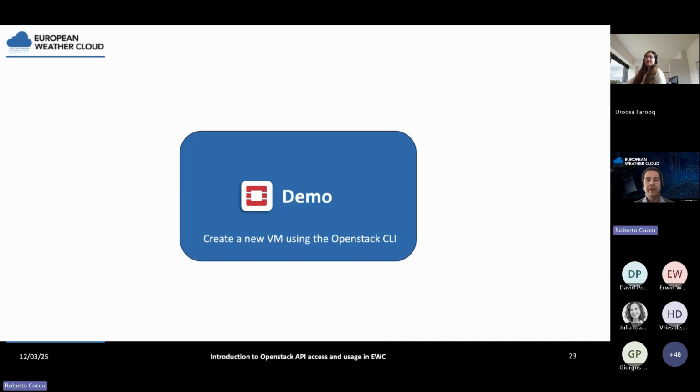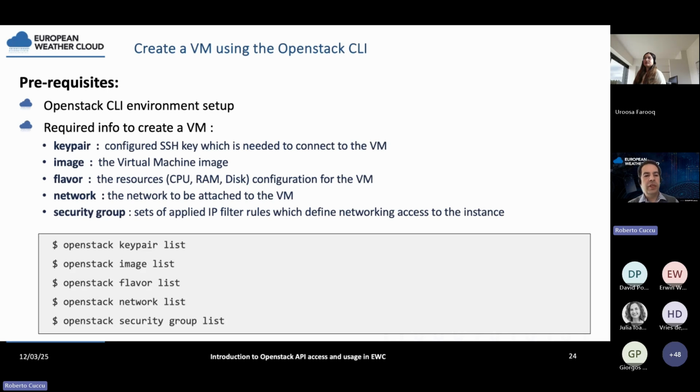Okay, thank you, Uroosa. So indeed, let's now demonstrate a bit of what Uroosa showed in her slides. We will do that through a quick demo about how to create new virtual machines using the OpenStack command line interface. For that, we'll start by listing some prerequisites. First of all, we will need an OpenStack command line environment already set up, so either a Python environment, but in any case, the OpenStack command line installed,